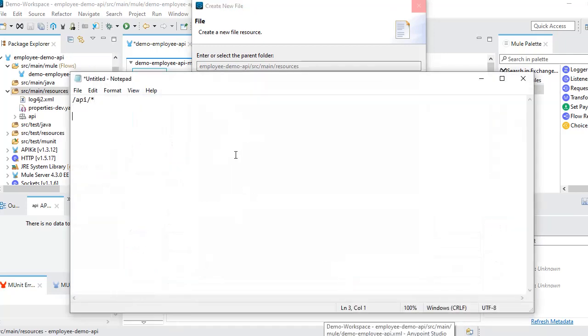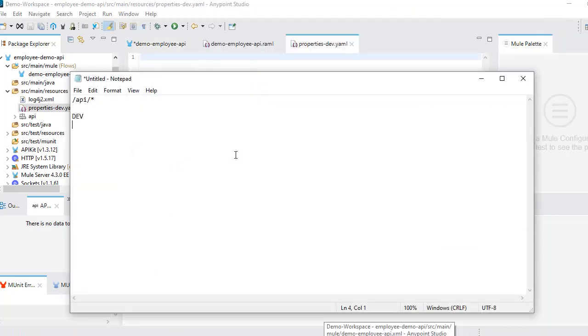For example, say we have a development environment, a QA environment, a prod environment, and a UAT environment. Once the developer is done with local testing, we deploy to our CloudHub development environment first. Then the development testing team will take care of it.